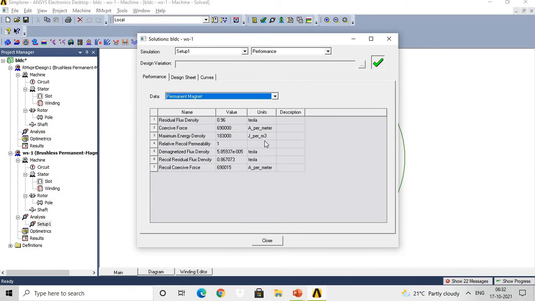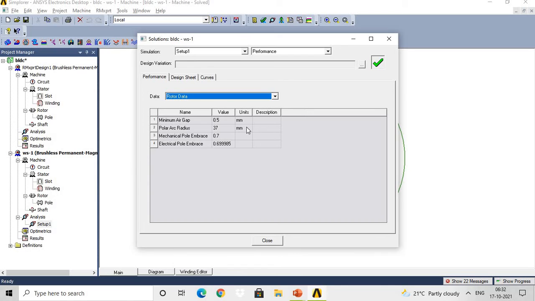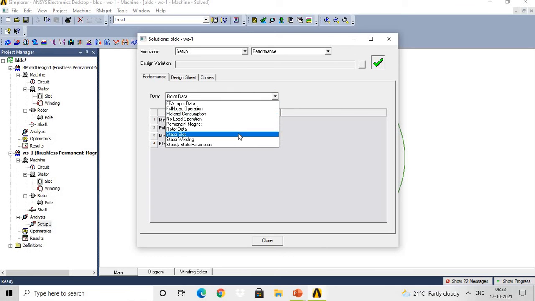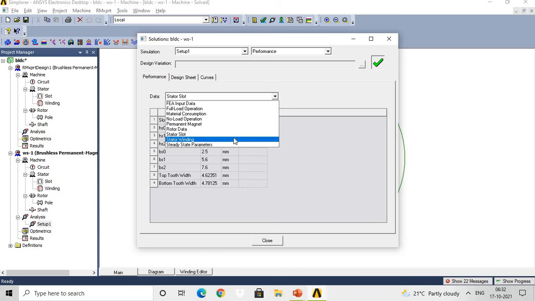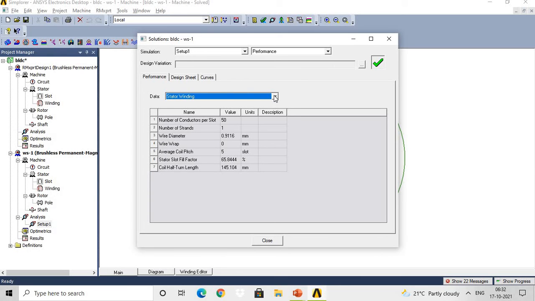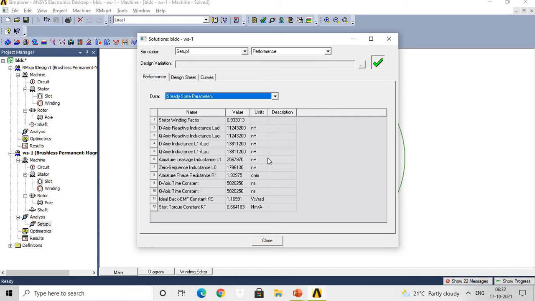Then permanent magnet information. Then rotor data, so the rotor data related to its different parameters along with their magnitudes and units is available. If you want to check the information related to the stator slot, this information is available. If you are interested in the stator winding data, this information is available. If you are interested in the steady state parameters, the steady state parameter values along with their magnitudes and units